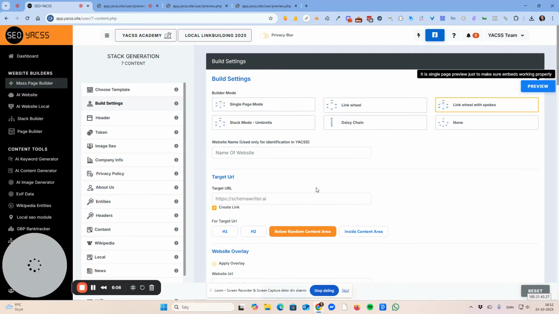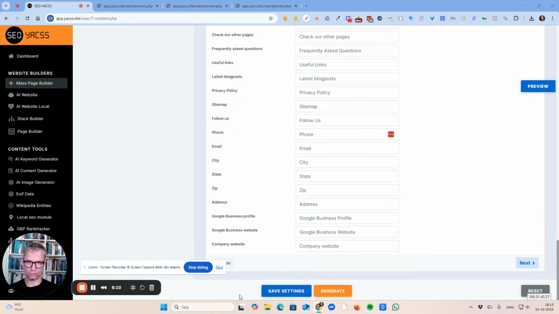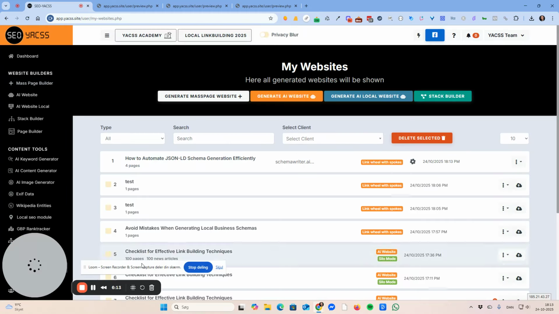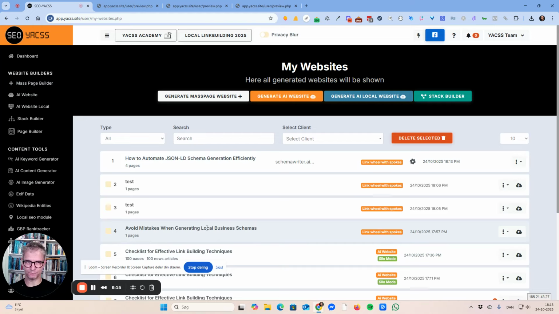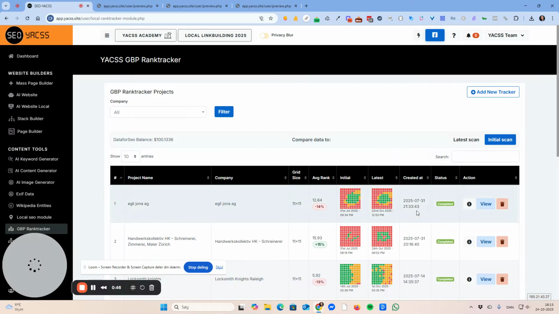background image here. But let me just click generate routes. And now it's generating in the background, and it's writing 4 articles I can see here. Let me click pause. So while it's generating, I'll just show you that we have the GPP rank tracker here